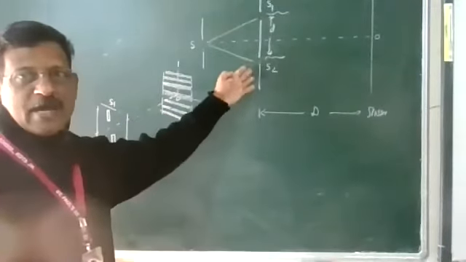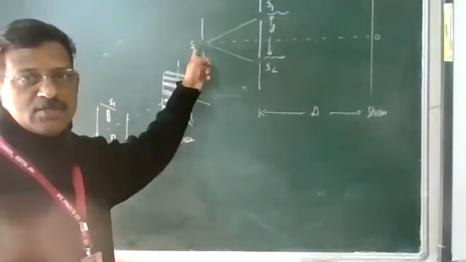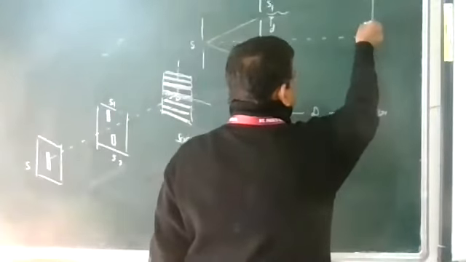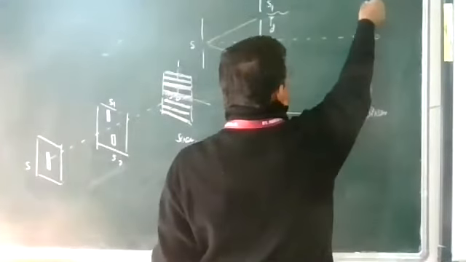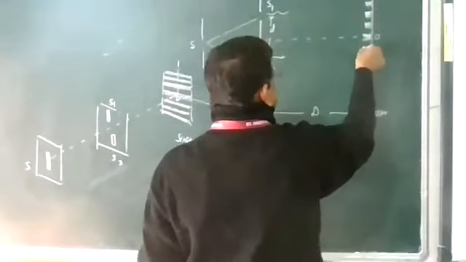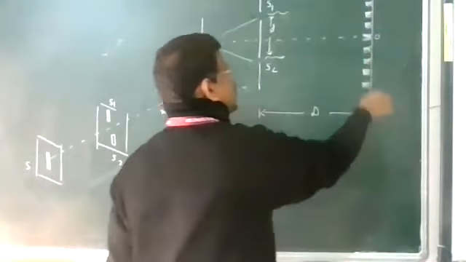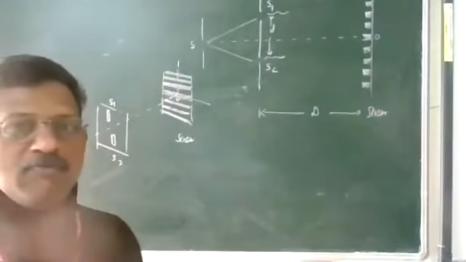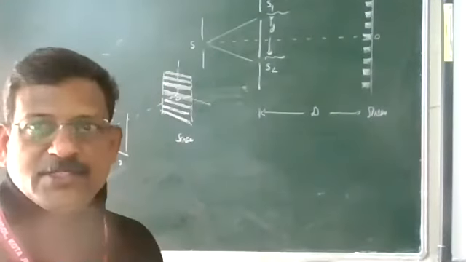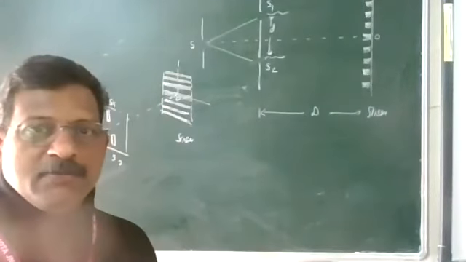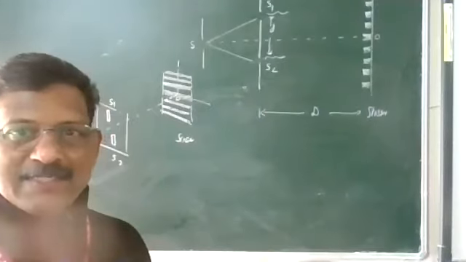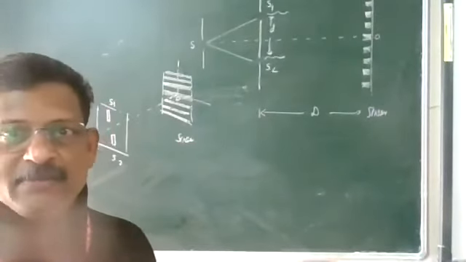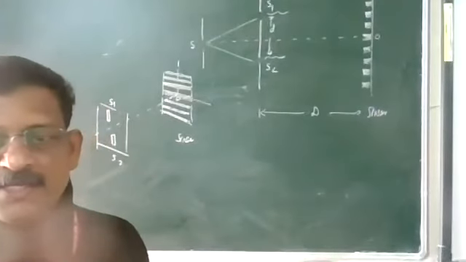But we draw the diagram for the geometrical calculation like this. One slit, one source, coherent sources, and on the screen we get maximum, then minimum, again maximum, again minimum, maximum, minimum, maximum, minimum. This kind of intensity variation is obtained on the screen. So this phenomenon is known as interference of light. Maximum intensity is because crest and crest come together. The minimum intensity we are getting because crest and trough meet. So what are the points on the screen where we get maximum and minimum intensities that we are testing.